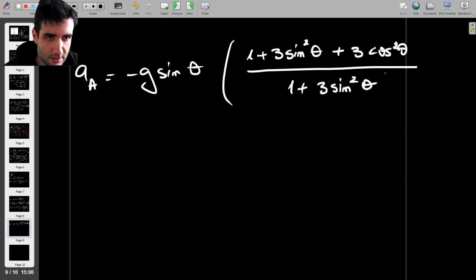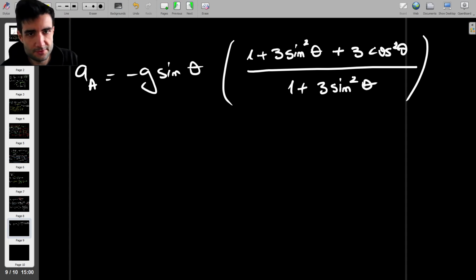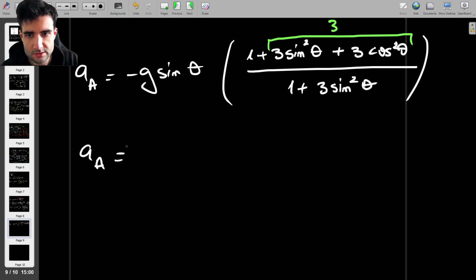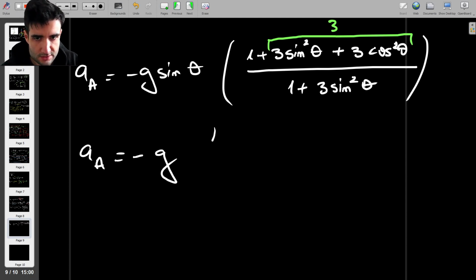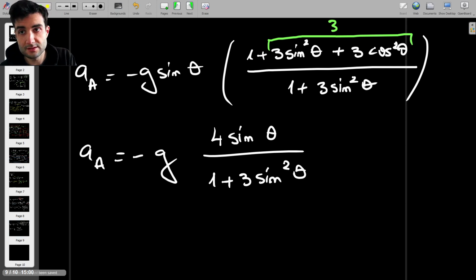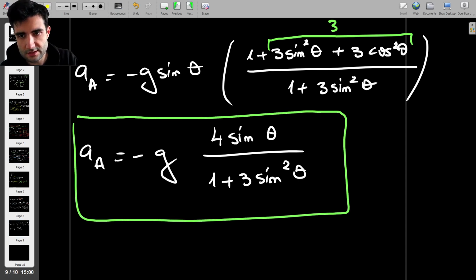Sine squared of theta. And for this part, we're going to use the fundamental theorem of trigonometry. So this is just going to be 3. So we finally have that the acceleration of A is equal to minus g, and then we have 1 plus 3, that's 4, so it's 4 sine of theta over 1 plus 3 sine squared of theta. And that's the answer. Right? That's the answer,